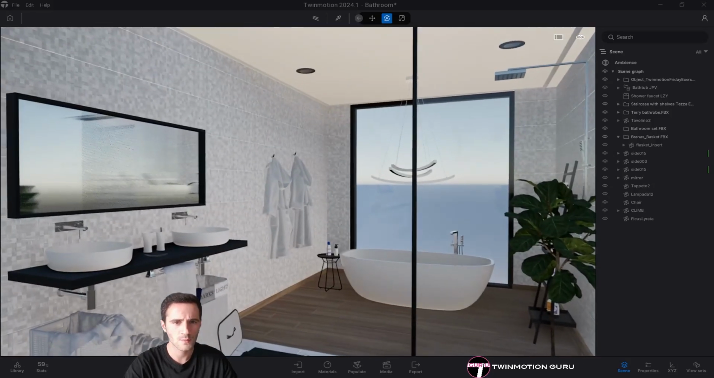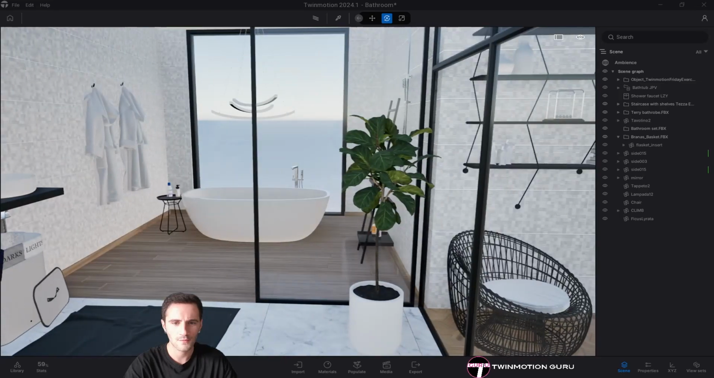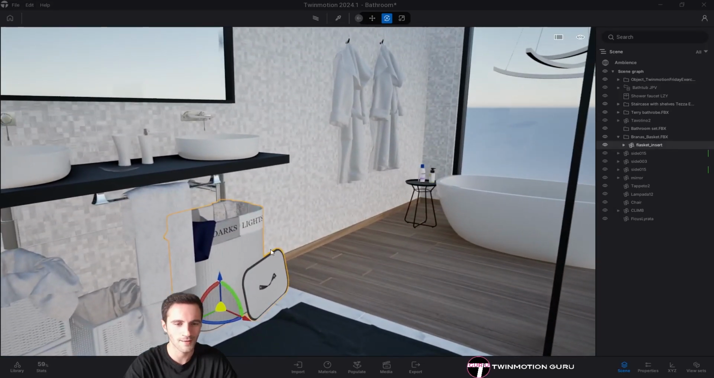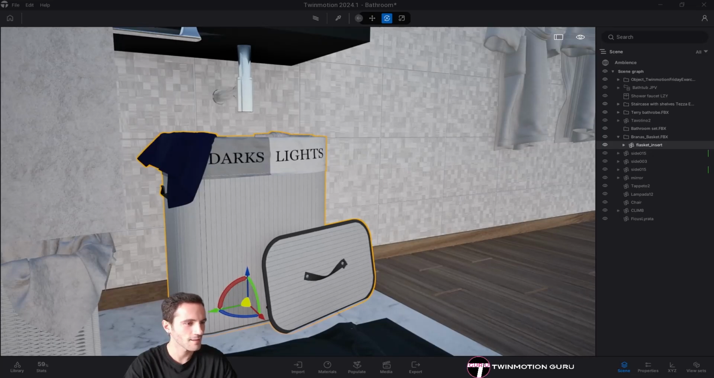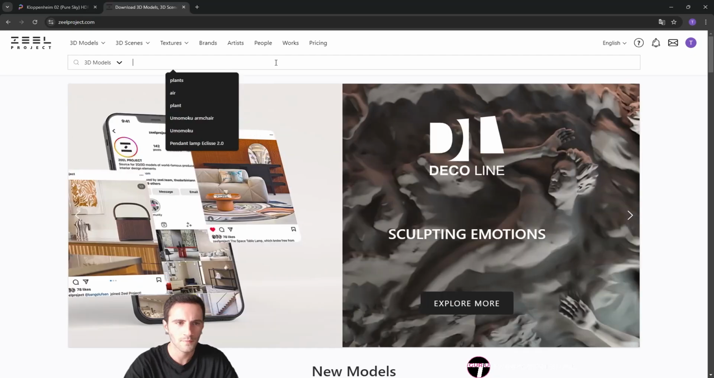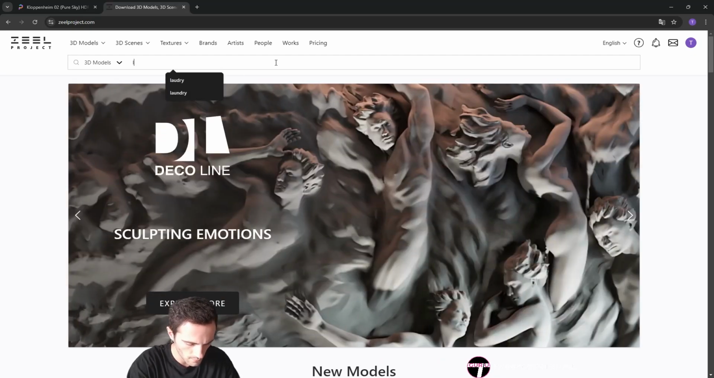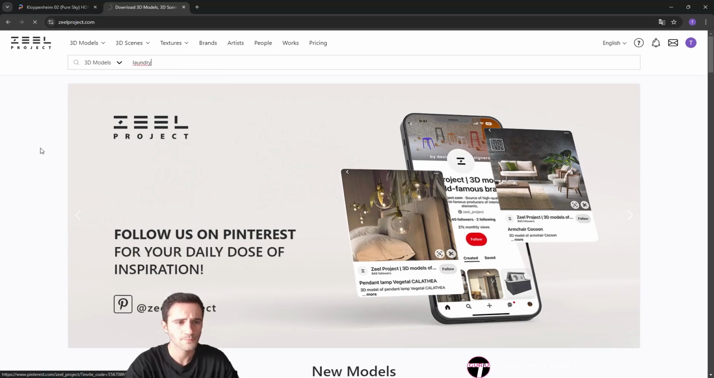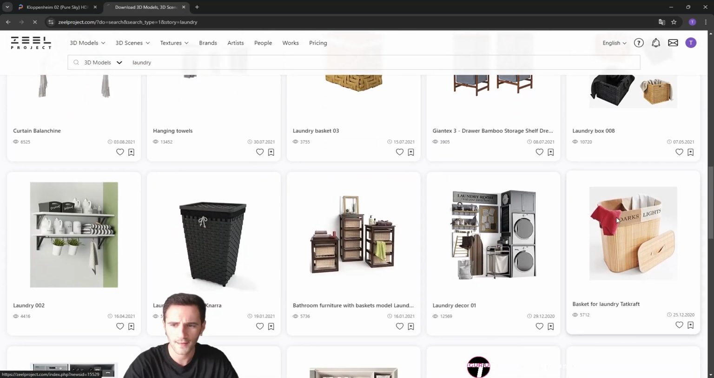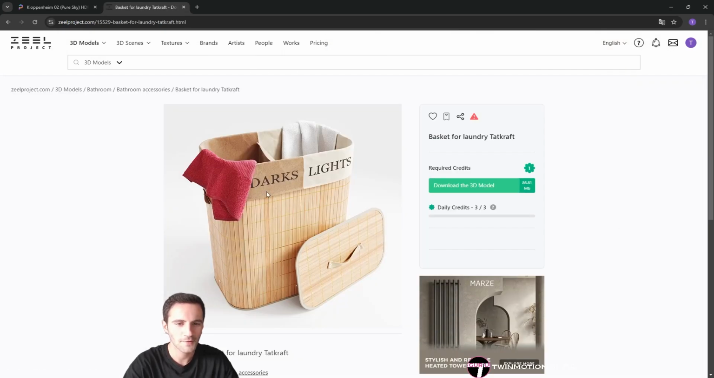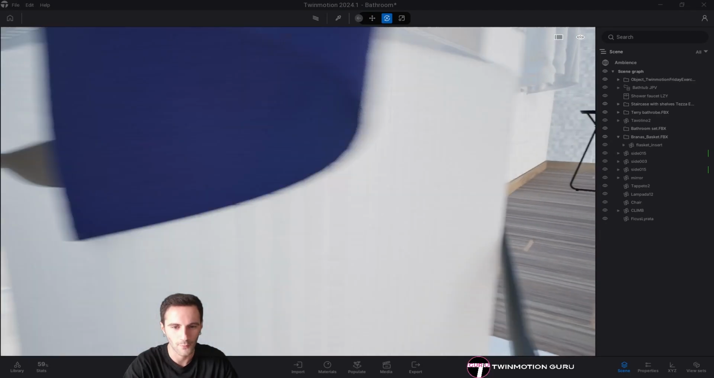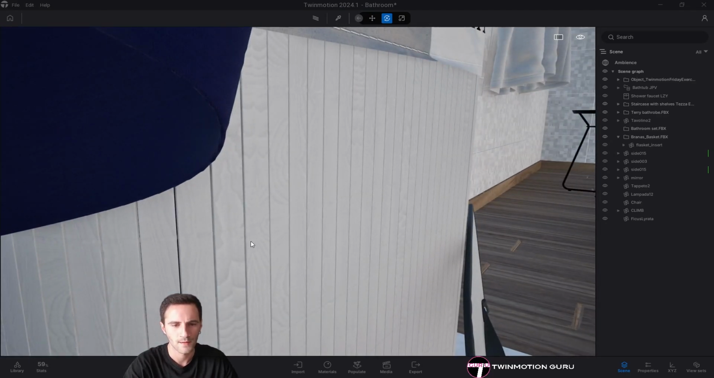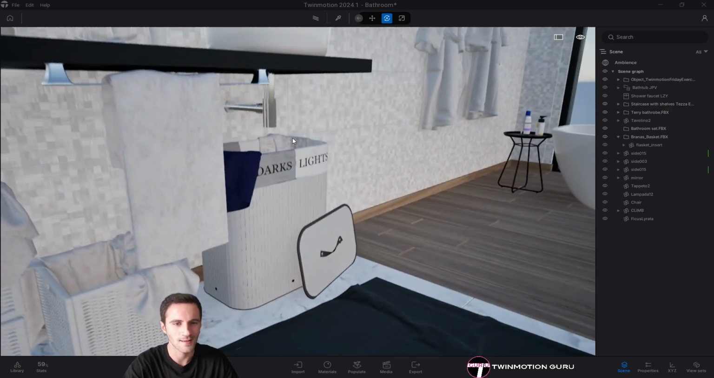But before that, I just want to maybe let you see some assets, in particular this one, because this is an asset that I've downloaded directly from the Zeal Project website. If you find laundry, you will find a lot of sets, and this is the set I've downloaded, because this is exactly the 3D models that I have in my bathroom, not with the wood texture, but with a gray texture, and I've just uploaded it inside